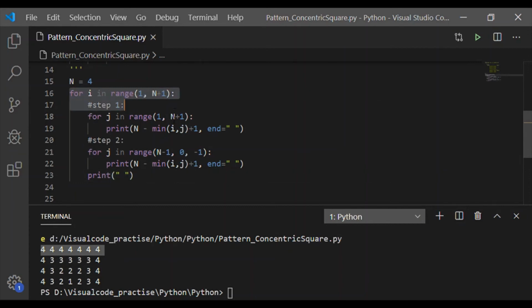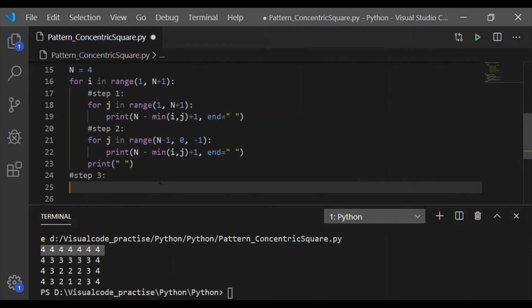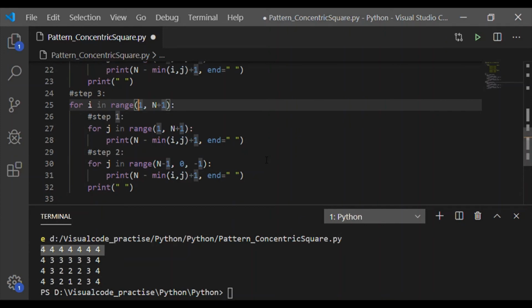Now for step 3, the rows have to be extended, which encapsulates steps 1 and 2. So we will copy the for loop for i, but here the range of values will be from n minus 1 up to 1.